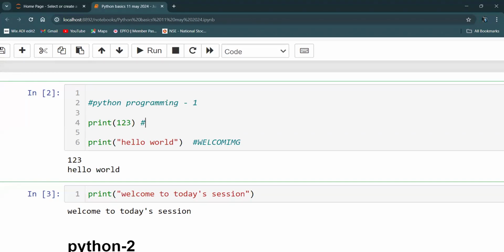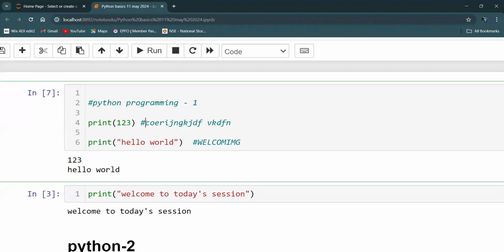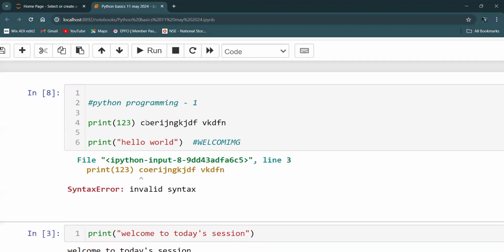But what I used to do is, after writing the code, I used to write what is happening in that code, so that I'll be able to get the things easily. In the initial stages, even in your schools also, teachers will make you practice this, write a comment over there. So how to write a comment? After hashtag, whatever I print, it can be anything, that will be considered as a comment itself. That will not harm the code. But if I do it without writing this particular hashtag, I'll get an error.